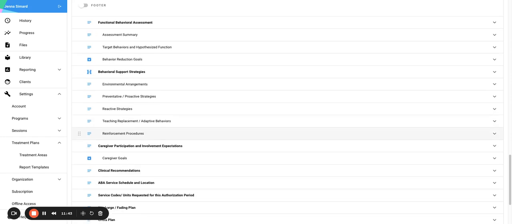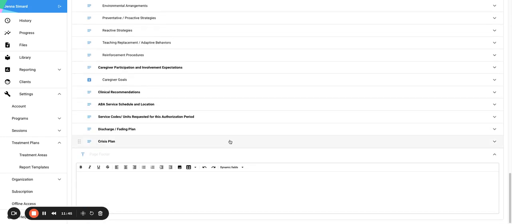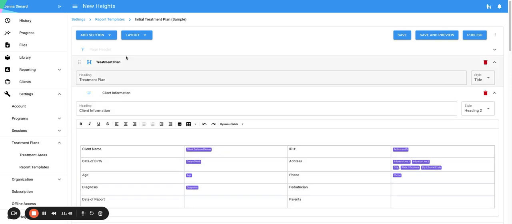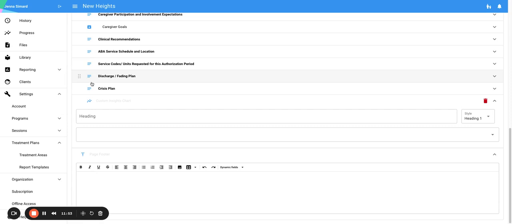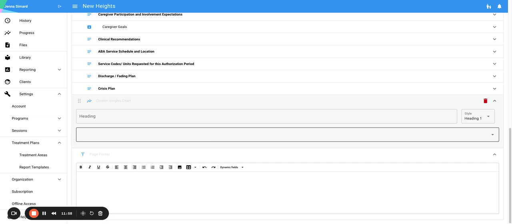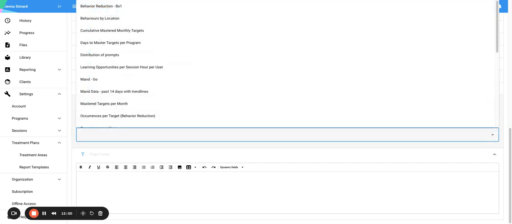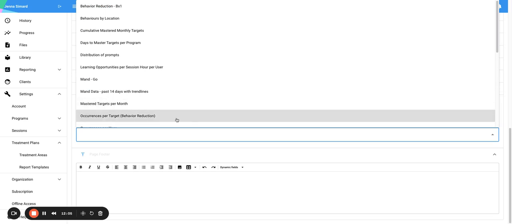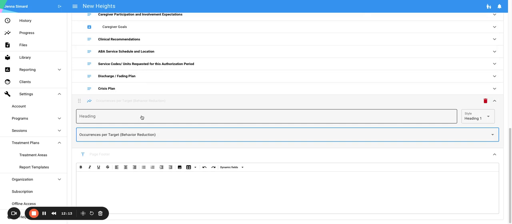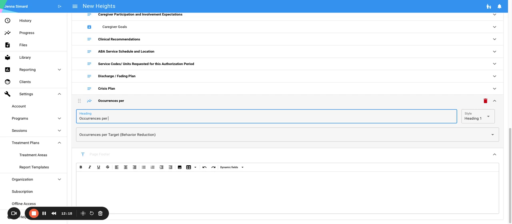Now, a couple of other sections that we haven't talked about yet. So we can also add to the report, and when you add a section, it's going to pop it to the very end of the report for you. We're going to do a custom insights chart. Now, the custom insights chart, there's no filters or anything like that you can set on it. You're simply just going to include the insights chart that you have set up for that learner. So in this case, I'm just going to choose occurrences per target. So all it's going to do is just show a graph for me,